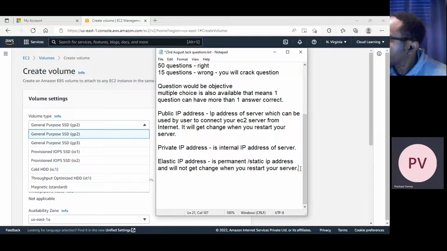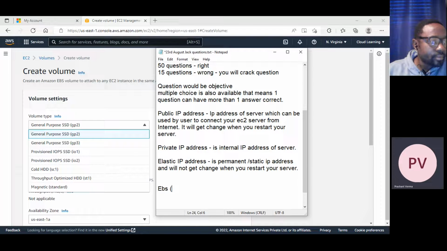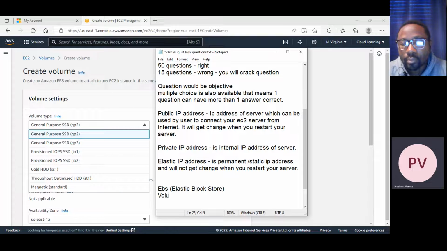Now if you go there, there are so many disk types available. EBS, Elastic Block Store.